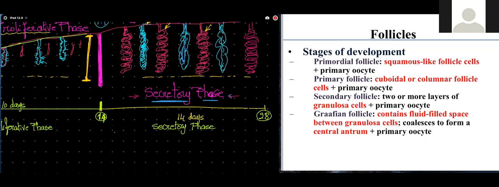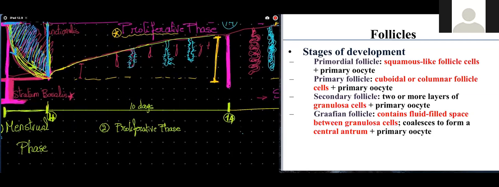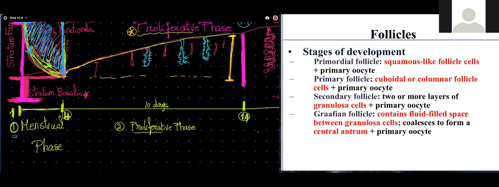So the secretory phase is the constant phase. It's going to be 14 days in all females. What might be variable is the proliferative phase